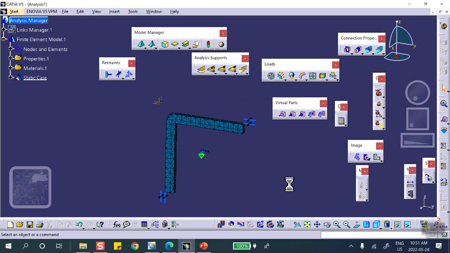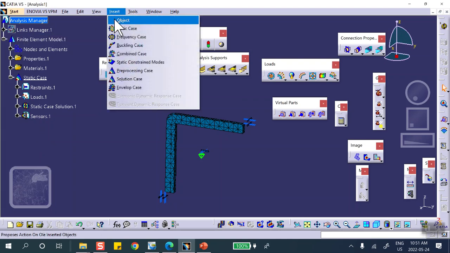You didn't do any buckling. And you're absolutely right. There's no mention of buckling. It's a static case. The usual stuff that you have done in the last 2 weeks. So now you're going to go insert buckling case. It needs a static solution before you can actually do buckling. You'll see why. Because when I say insert buckling case,